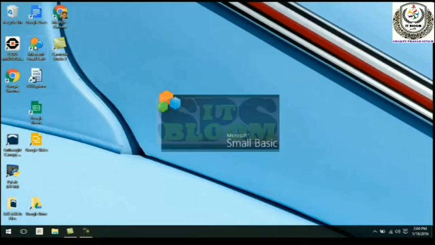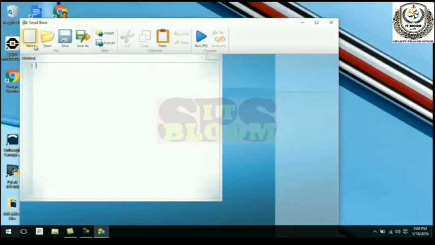Here is the icon. Double click on it to open it. Then the environment will open, the application window. Here you see the different buttons: new, open, save, save as, import, copy, paste, cut and run.